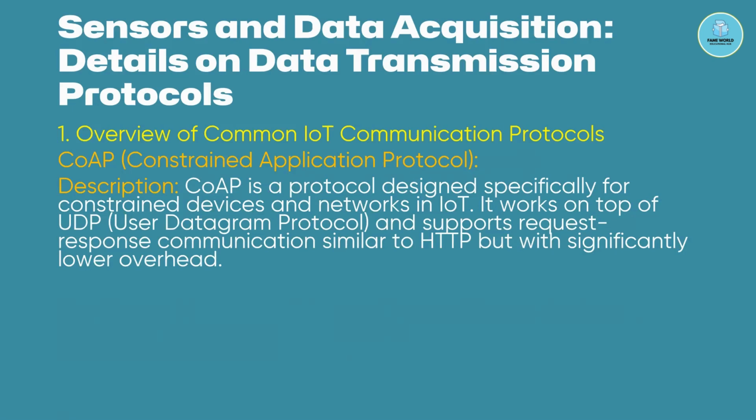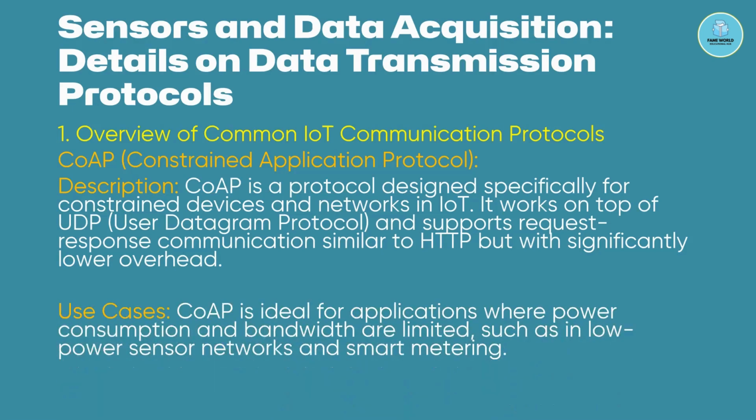When we talk about HTTP, that is the Hypertext Transfer Protocol, which is used in the WWW, the World Wide Web, when you search something on Google, whatever websites you are fetching have the HTTP protocol. But UDP is actually working internally. So simply CoAP is ideal for applications where power consumption and bandwidth are limited, such as low power sensor networks and smart